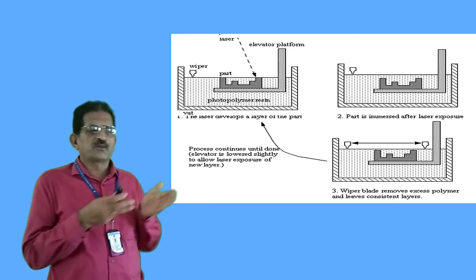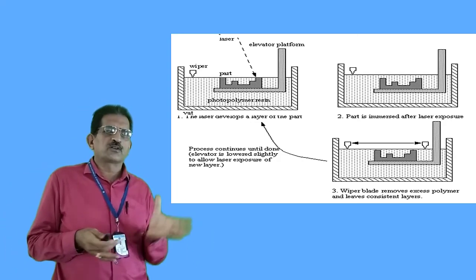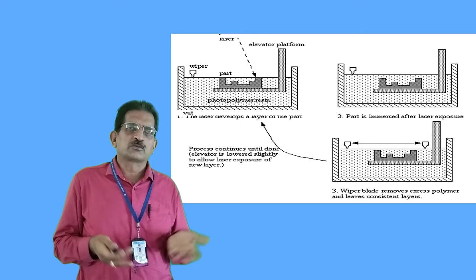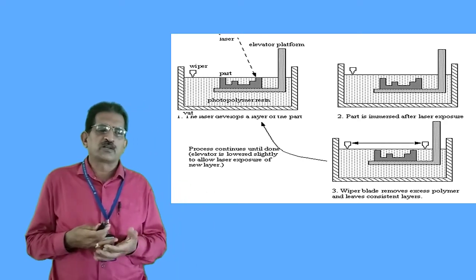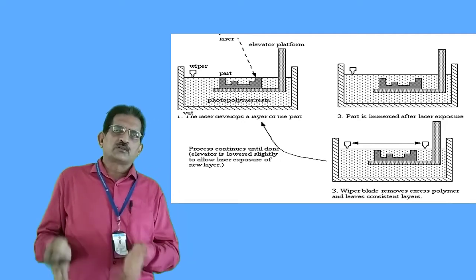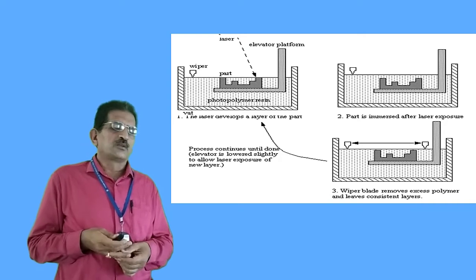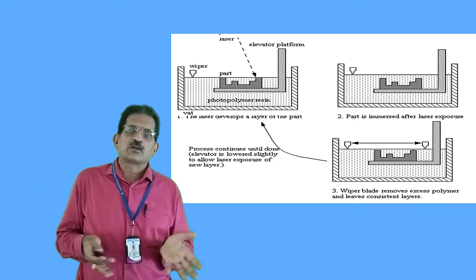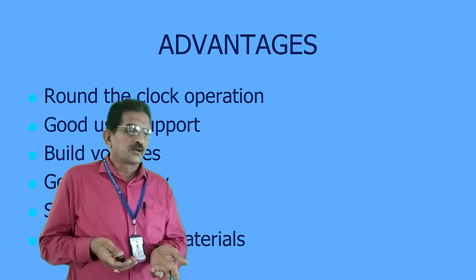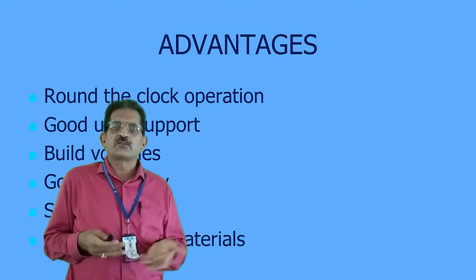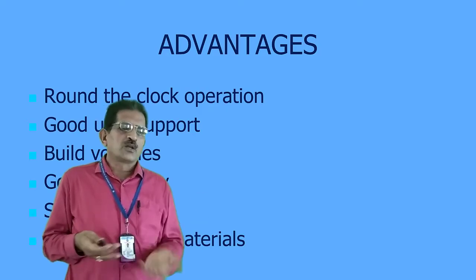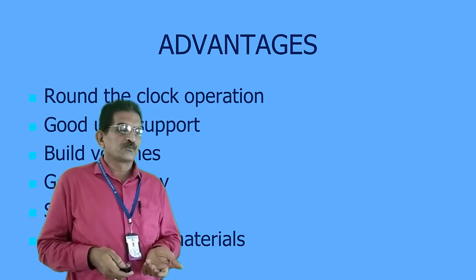And because we are giving different supports, different shapes, the support for the product or component is very good, and we can make good values. Whatever component or product we are making, we will get very good accuracy, which is near to the CNC accuracy or machining accuracy. Then we will get good surface finish, because if you use 0.025 or 0.05 thickness, and you can use resins of different types according to the component requirement or manufacturer requirement.